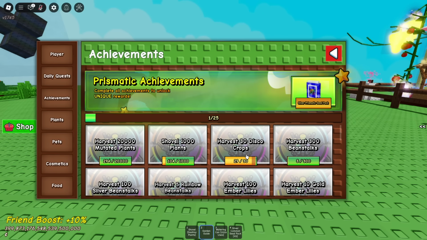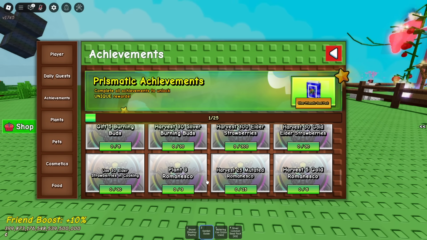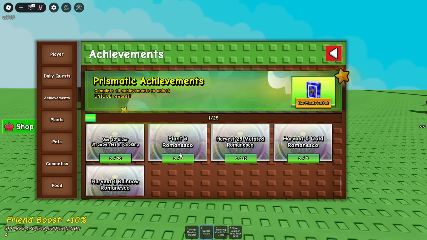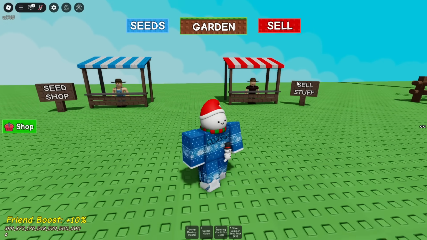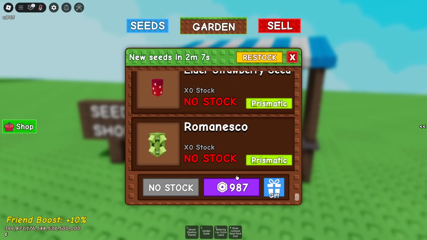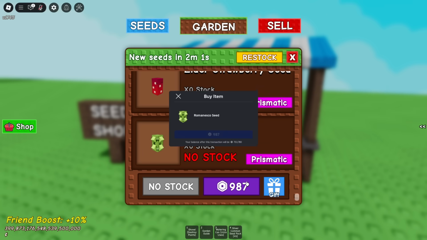Right here, for example, I have a quest saying harvest 30 disco crops. There are actually some tricks for these quests that you probably had no idea of, and it's insane how good it works. For example, this one quest says plant 3 of the Romanescos. Now, that is the brand new, I believe, prismatic inside the game. Yeah, it's the rarest thing. It's almost 1,000 Robux, so I wouldn't recommend spending Robux for it, but it has yet to come into stock